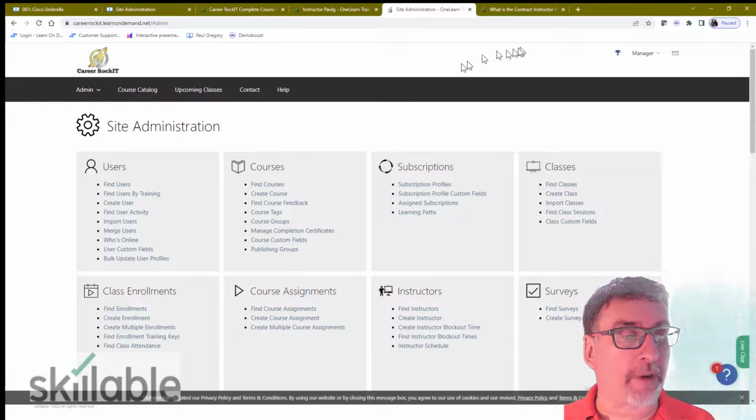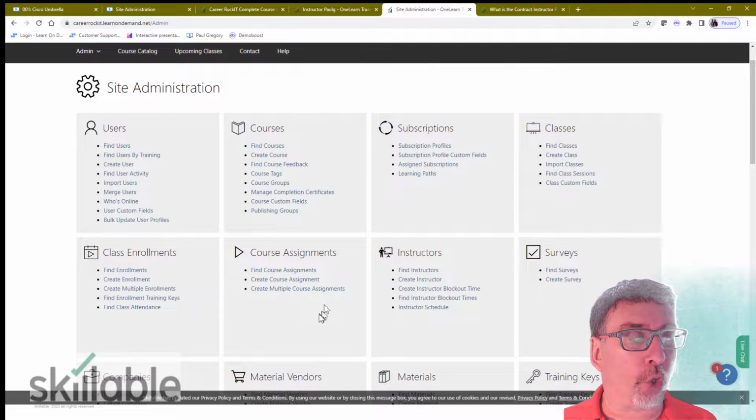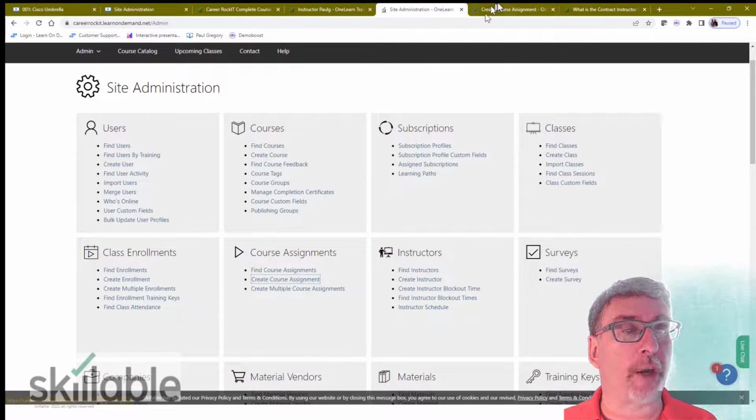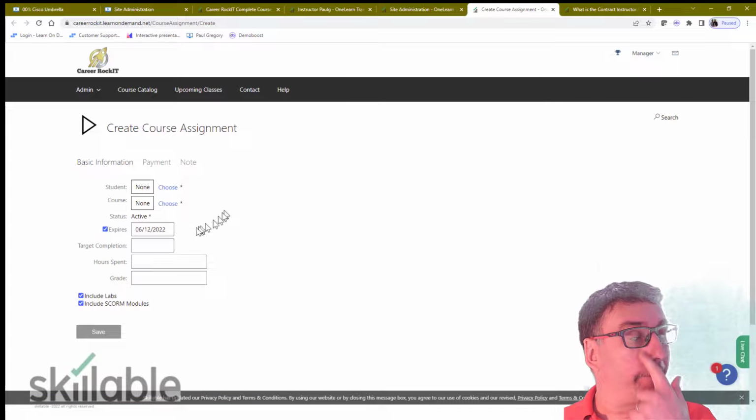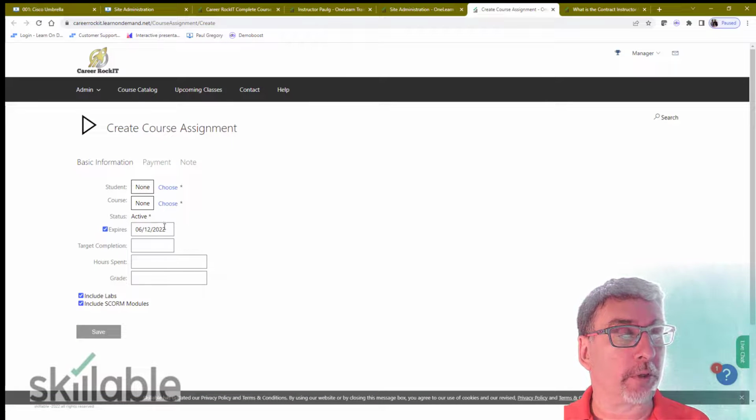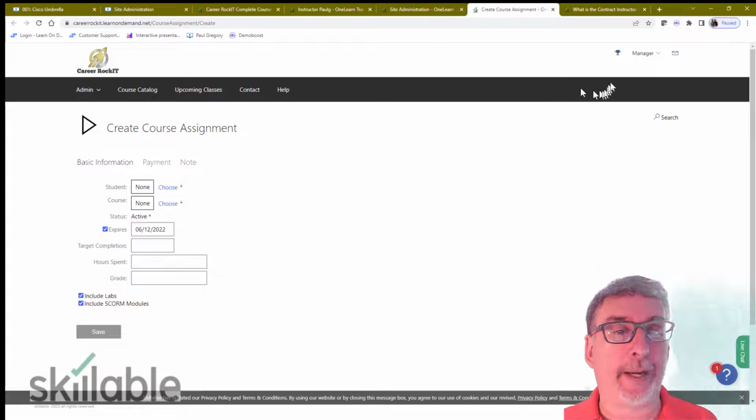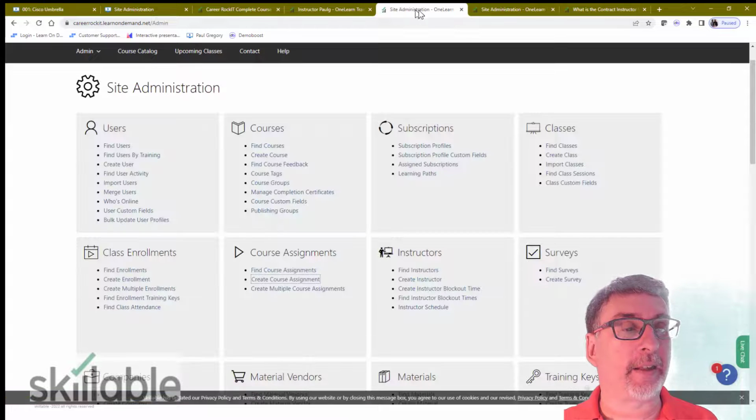If I go to the administration and look at course assignments, and hit create course assignments, the key thing here is we've just added an expired field. So when does this assignment expire? When have they got to complete it by? Pretty simple, pretty straightforward field there. And the last thing that we've added is